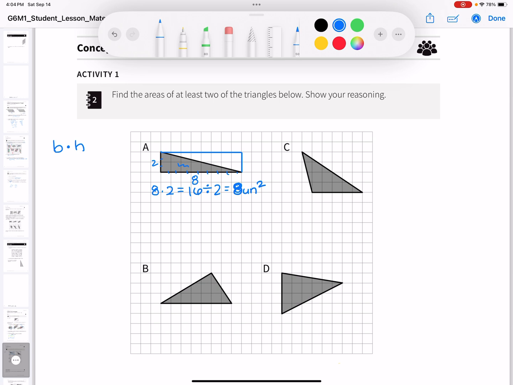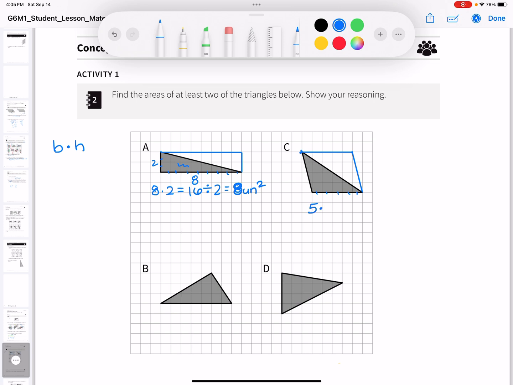All right, let's go to C. C is a triangle that has a base of 1, 2, 3, 4, 5, right? So a base of 5. So I'm going to go from this vertex and I'm going to go out 1, 2, 3, 4, 5. And then I can draw a line from this point to this point and make a parallelogram. And we know how to find the area of a parallelogram by doing base times height. So the base is 5